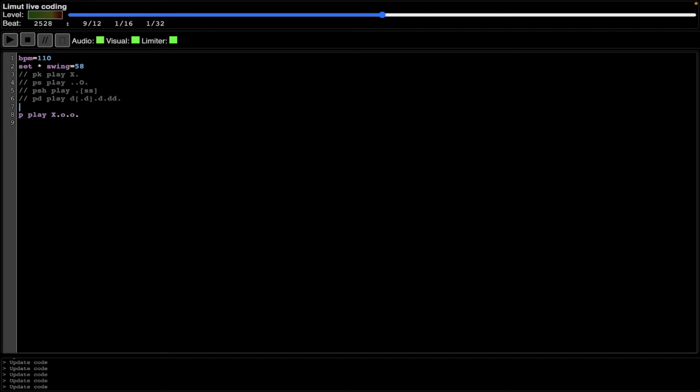So that's dividing up into 3 basically. So that's playing a heavy kick on the first beat, and then a snare on the second beat and a snare on the third beat, and then it repeats back round and plays the heavy kick again. So that's dividing, so that's basically making 3 beats and then repeating. So that's like a waltz, that's like 3/4 time. If we then stick something in between, it still works fine. So if I just go back to what we had before, which was 4/4 time,